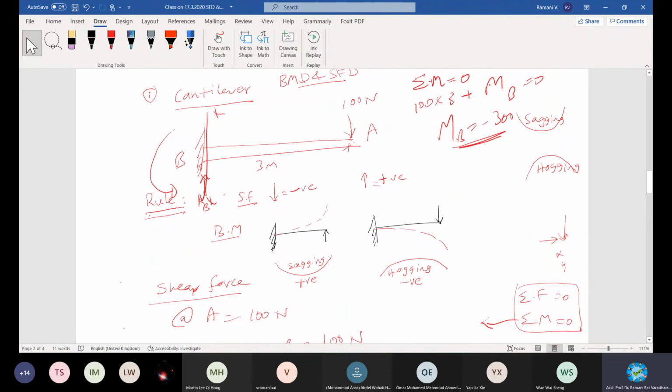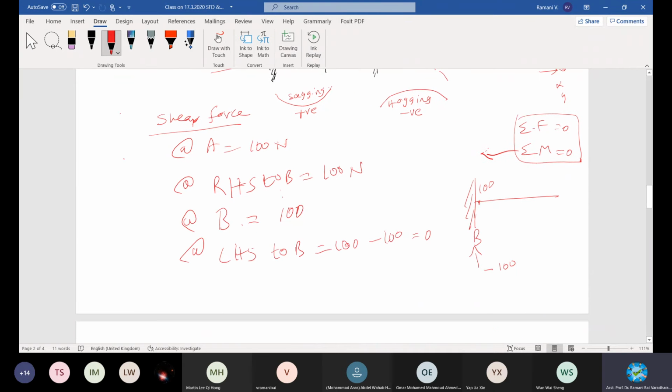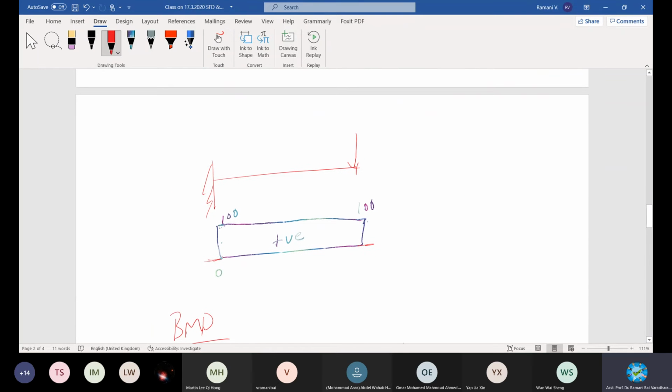So from the diagram itself, you can use common sense to write the values because it's only one value you can easily write down, or otherwise follow the equilibrium conditions to answer. In this case, there is a loading at this point, so automatically it should be balanced by Rx. That's why I have written here directly Rx equal to 100 newtons. When there is Rx acting in this way, there should be another Rx equal to balance it out.